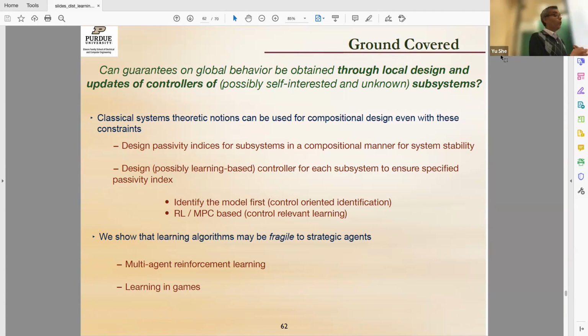Now, I did talk about a couple of ways in which you can do this if you have a controller that optimizes performance. For example, if you're identifying the model, you can use the identified model in an MPC framework. And then on top of that, you can constrain the passivity using the method that I described, by perturbation and then learning the passivity indices to guarantee stability. So you can put in optimization-based controllers there to get some notion of performance and still retain these guarantees on stability, but characterizing what the performance is is difficult, because for nonlinear and distributed systems it's difficult anyway, even without constraints.